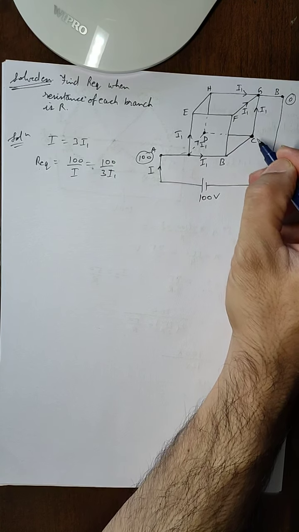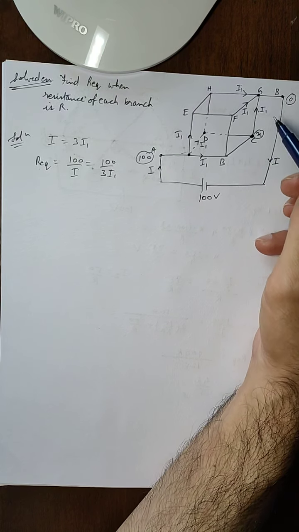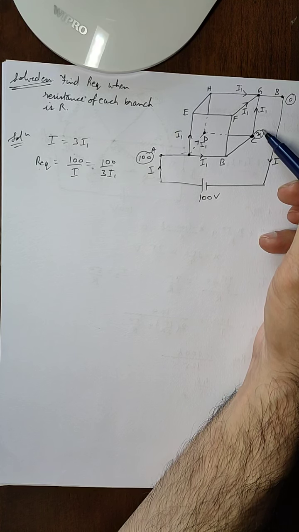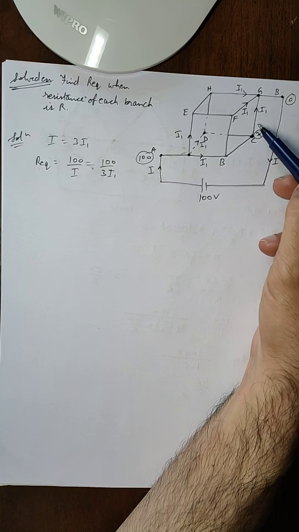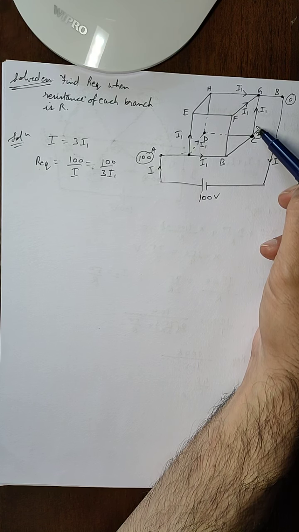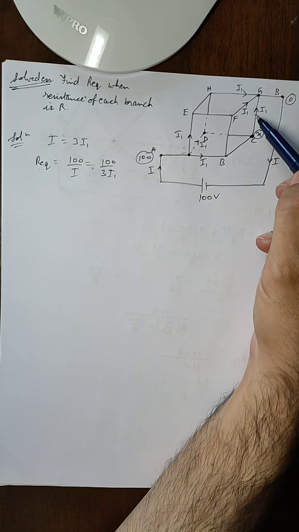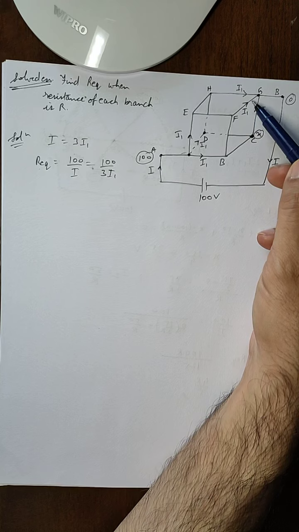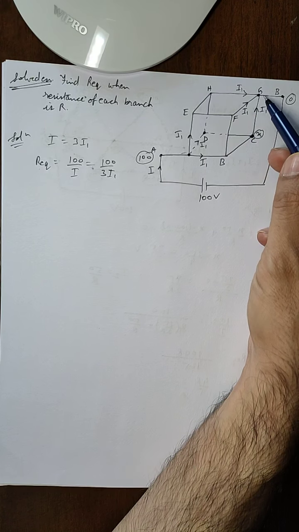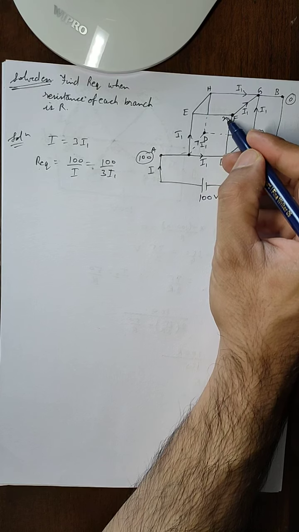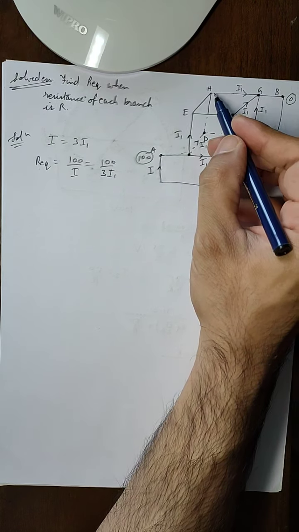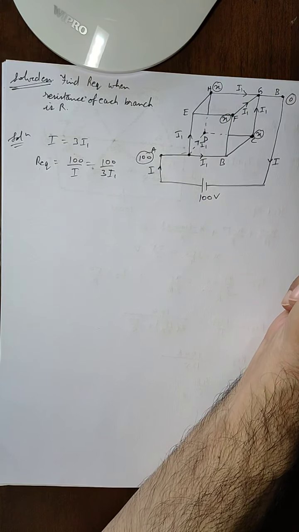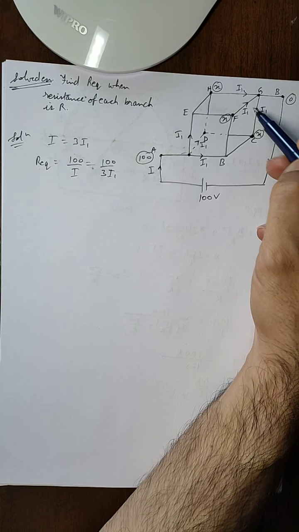Now let us say that this point has the potential X such that the potential difference across this branch CG is equal to X minus 0. Now the potential difference here is X minus 0, the resistance of this branch is R, and the current flowing is I1. Now this condition is the same for this branch FG. The current flowing is I1 and the resistance is R. So that means the potential difference across FG should also be equal to X minus 0. And in the same way the potential difference across HG should also be equal to X minus 0, because all three branches have the same current and same resistance values.